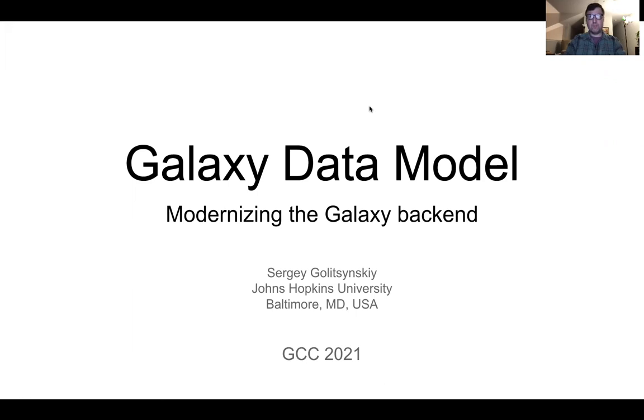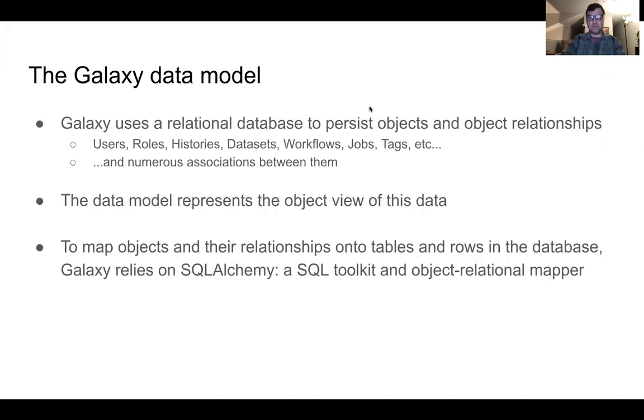In this talk, I will give a brief overview of the current work on modernizing Galaxy's data model. Galaxy uses a relational database to persist objects and object relationships that handle its business logic. This includes users, roles, histories, workflows, etc., as well as numerous associations between them. The data model represents the object view of the data and serves as the abstraction layer that provides access to